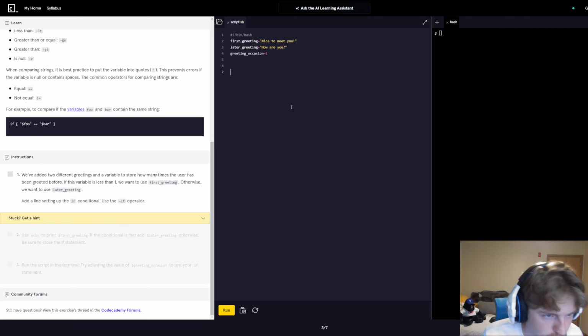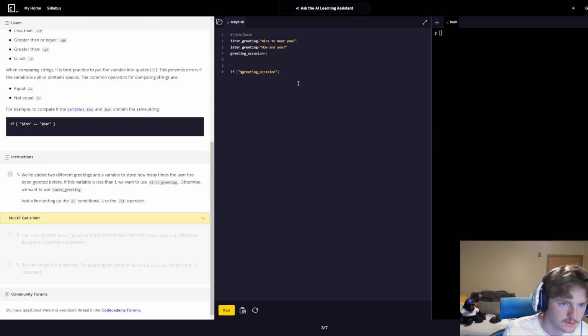All right. We've added two different greetings and a variable to store how many times the user has greeted before. If this variable is less than 1, we want to use the first greeting. Otherwise, we want to use the later greeting. So we want to do if, and then we'll set up this if by saying if, we'll say the variable of greeting occasion, and then we would do minus lt, if this variable is less than 1, then